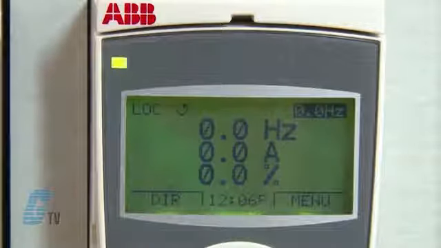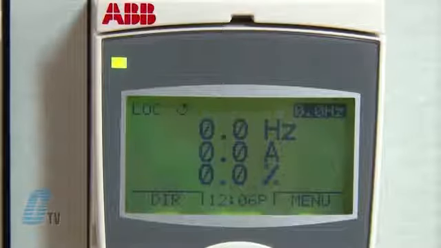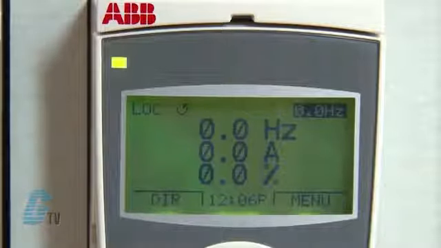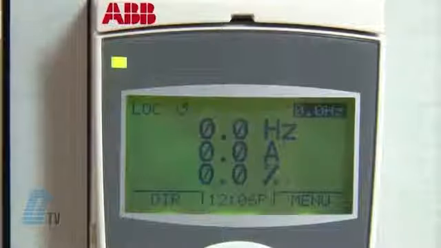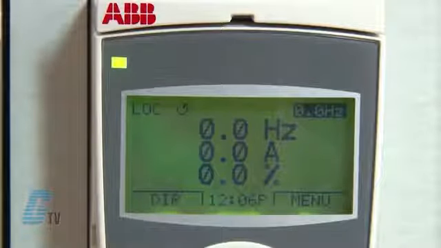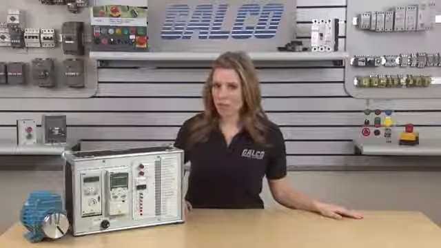The center shows parameter values, and in output mode, it indicates the speed of the motor in hertz, the current draw of the motor in amps, and the amount of torque that the motor is producing in percentage of calculated full torque. The bottom line shows what the current functions of the 2 soft keys are and can also have a clock displayed if enabled.